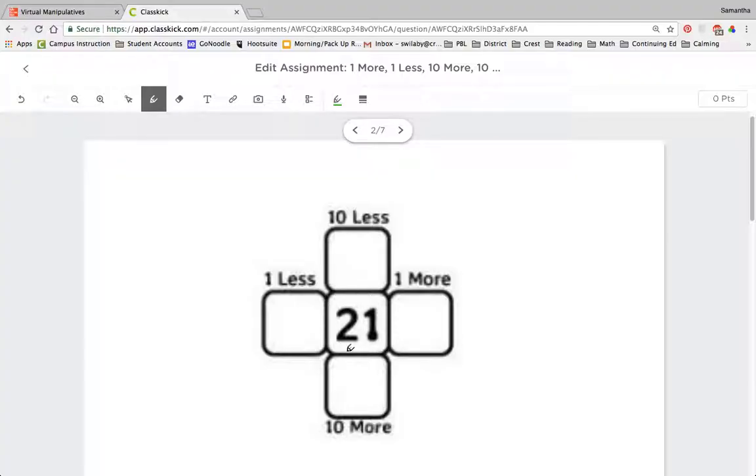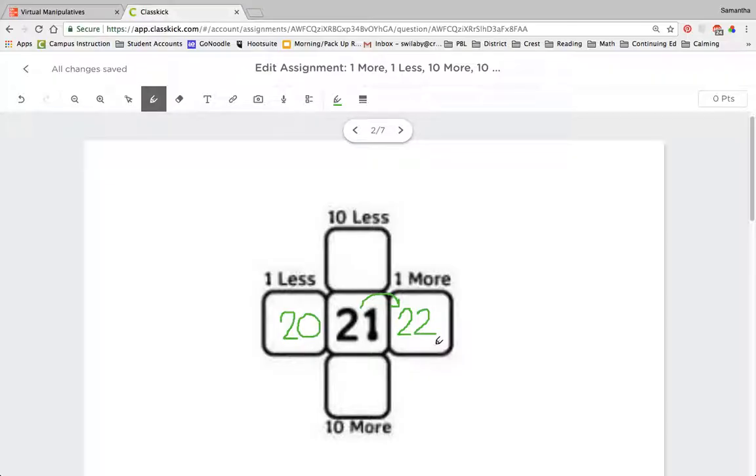So if I have 21, I'm thinking about what number comes next with one more right over here. So 21, counting on one more would be 22. Then if I think going backwards, one less, 21, and I'm taking away one, or counting backwards, would be 20. I can double check because as I go it should make sense. 20, 21, 22. It goes in order by ones. My tens are all staying the same, but my ones place is getting bigger by 1,